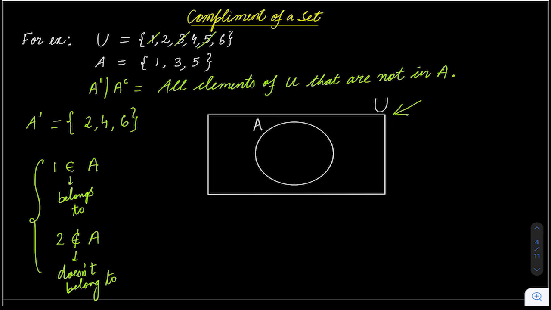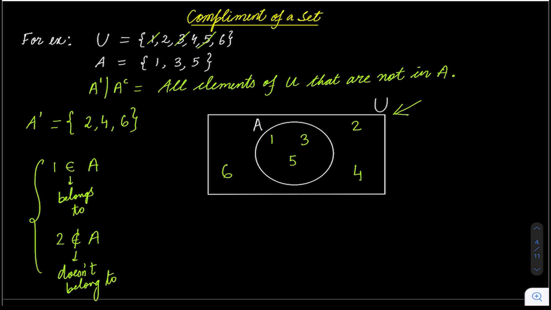So we have a set A that has 1, 3, 5 as its members. So I will write 1, 3, and 5 inside the circle, or inside the set A. Now, the universal set has 1, 2, 3, 4, 5, 6. Already 1, 3, 5 is there in the rectangle. Now, what is not there? 2, 4, 6. So you can write 2, 4, 6 anywhere outside this set A or this circle, because this circle contains only elements of A. So this is the Venn diagram of U and A.